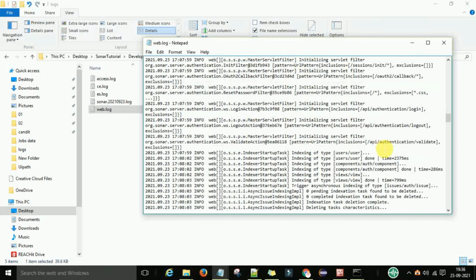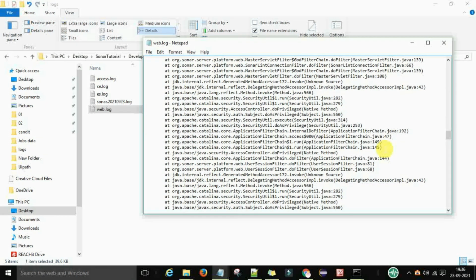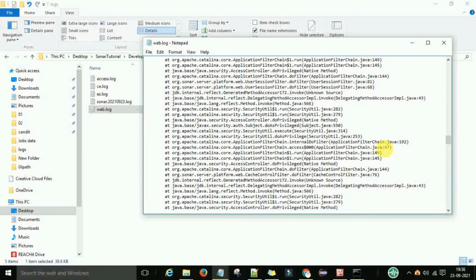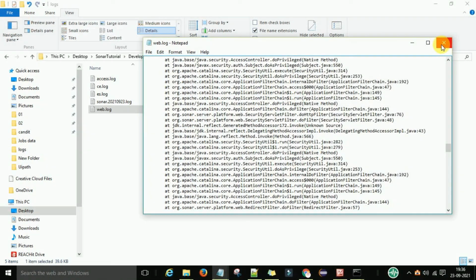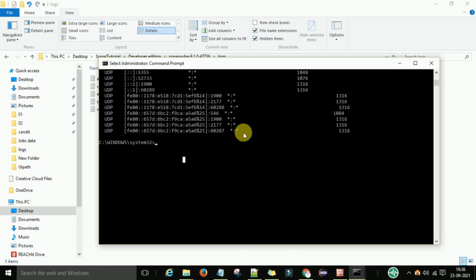The address is already bound to a particular process. For that, you can go to your command prompt on Windows and launch it as an administrator.